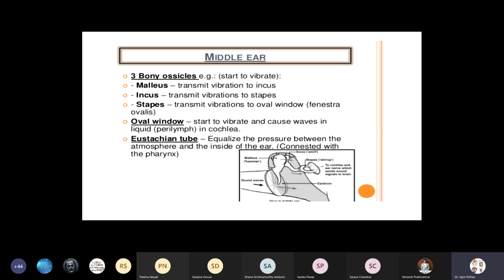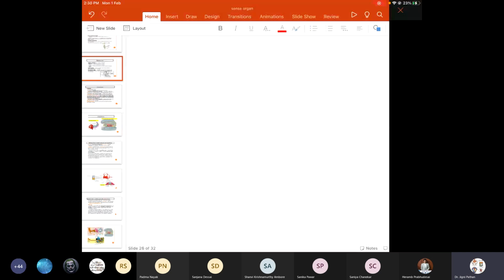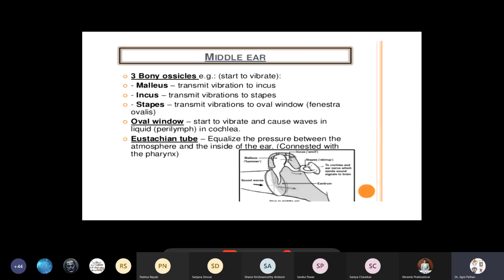You can write down here one more point. Middle ear is connected to